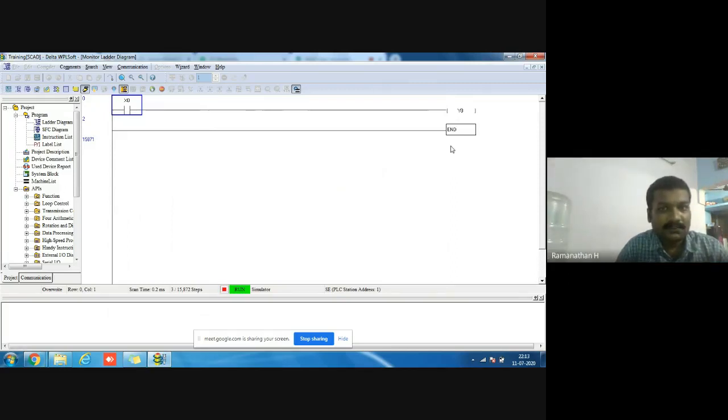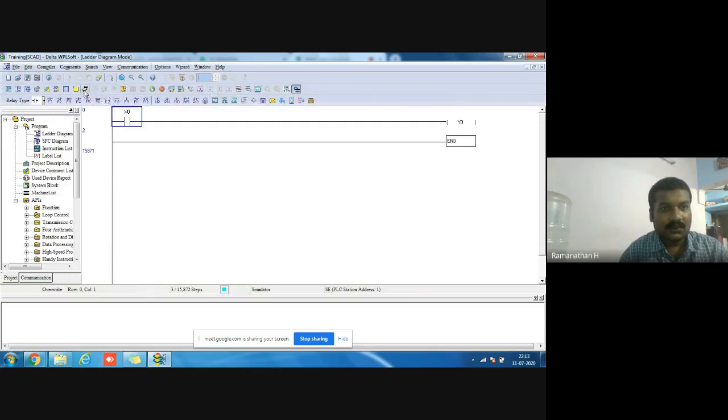Raw digital inputs come from field devices and raw digital outputs go to the field devices. But now we have no hardware, so in the simulator section I manually force them. Now I go offline: click again and it goes to offline mode.